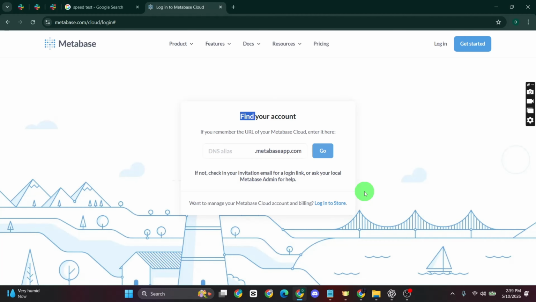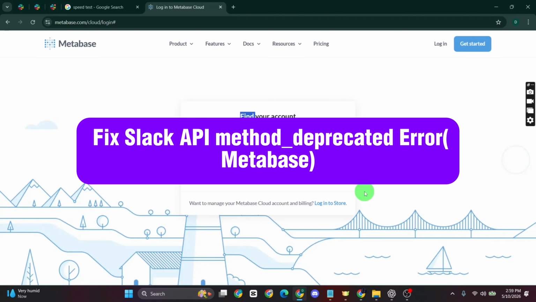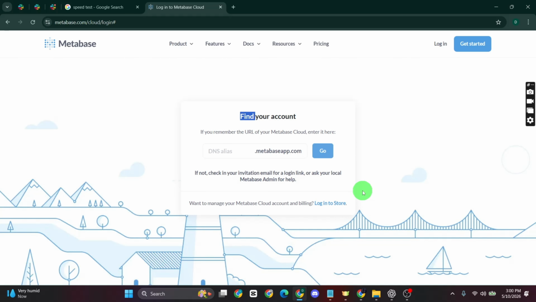In today's tutorial, we will learn how to fix the Slack API method deprecated error in Metabase. This error usually happens when Metabase is using outdated Slack API methods or when the required Slack permissions and scopes